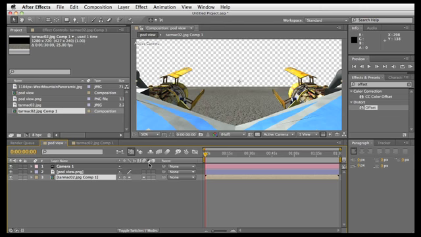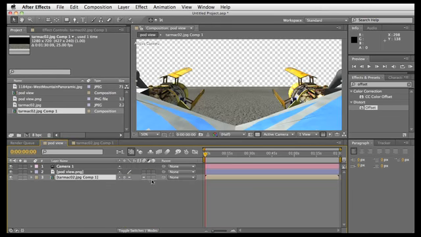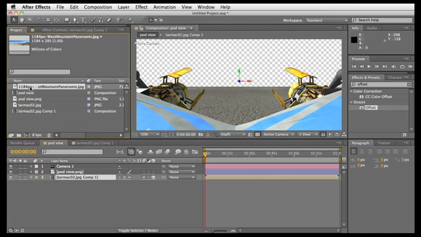So for example, if there's motion blur in here, it will show through here even if the switch isn't on, so that's fine. I want to make this 3D though, so that it'll actually interact with the camera later on, but if there's any problems we can always just change that quickly. Okay, so now what I'm going to do is bring in my background layer